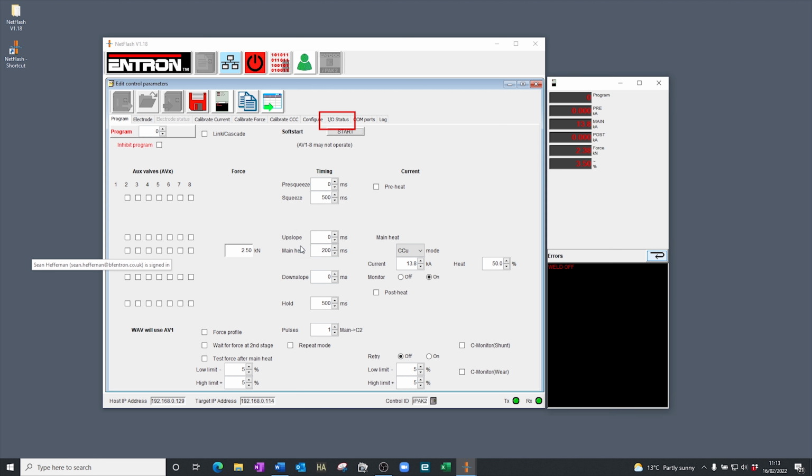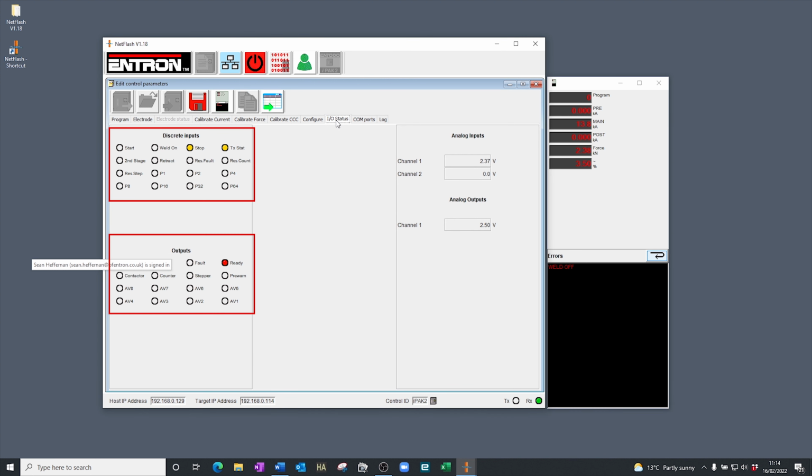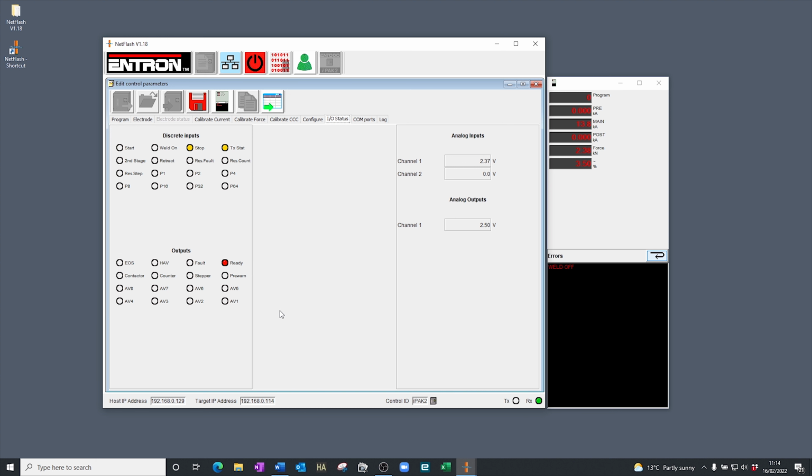By selecting the I/O status tab, we can now look at a visual representation of the 24 volt discrete I/O signals. We can now see the discrete input and output status. Looking at the weld on input, we can see it is off, which ties up with the displayed error message